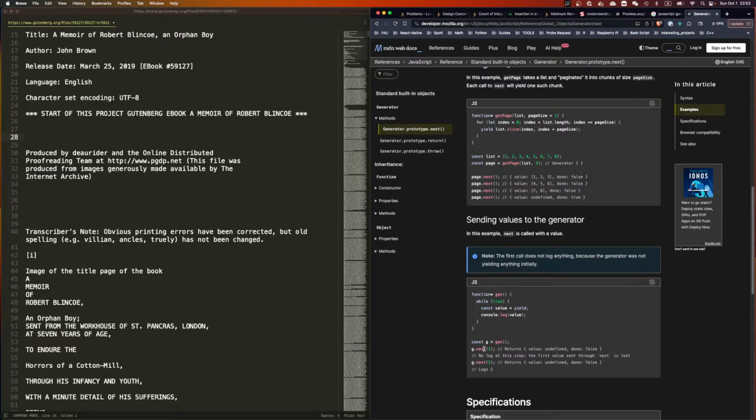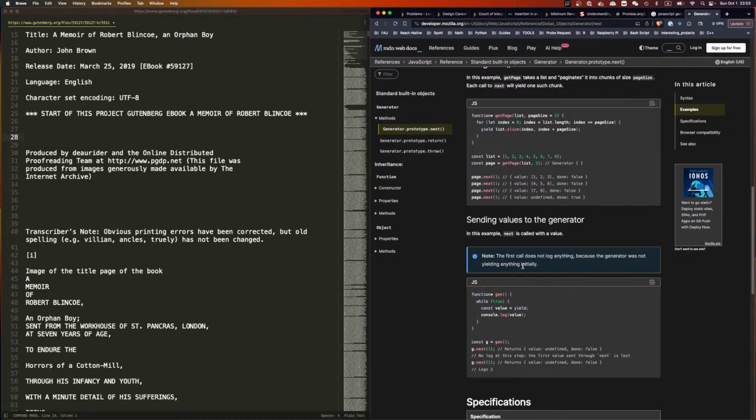So this one is lost. Because the first time you call next, yeah, because you call yield, the value is paused right here, right? And then when you call next,